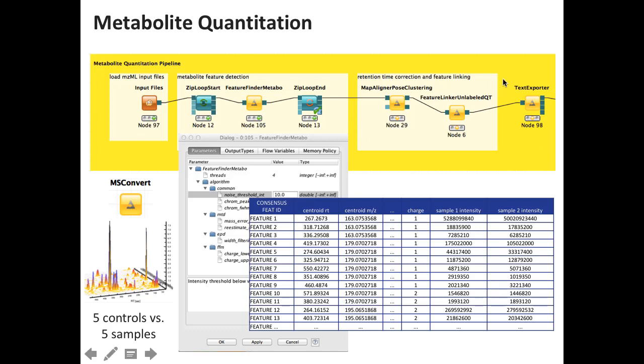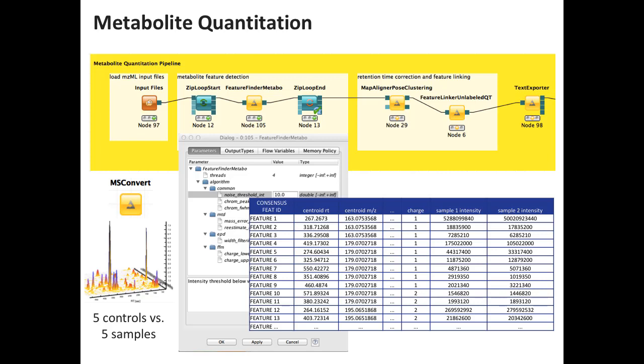Now, what falls out at the end of this pipeline here is then a table that contains everything you need to know for the quantification. You have a list of features, feature 1 through n. You have the centroid retention time, mass to charge ratio, you have the charge, and then you have columns per sample. Every sample simply has an intensity value, or has not available if it couldn't be found in this particular map. And that makes it very convenient to do downstream statistical analysis of this. You can go directly into R with it, you can export it to Excel, you can do whatever you like. The only thing that is missing at this point is, of course, the identification. You don't know what it is.